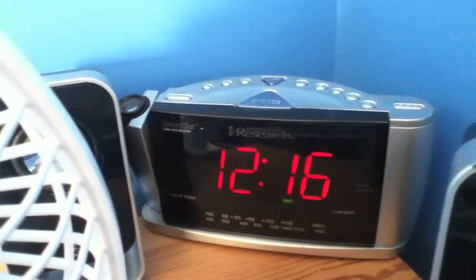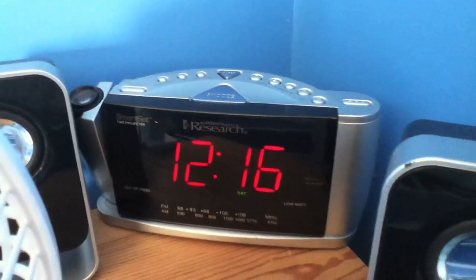Here's my auto set projection alarm clock. This sits next to this fan and my Logitech LS21 2.1 speaker system, which I use when I sleep. I plug these into my iPod and listen to Pandora radio. There's another vent down there. We come around here